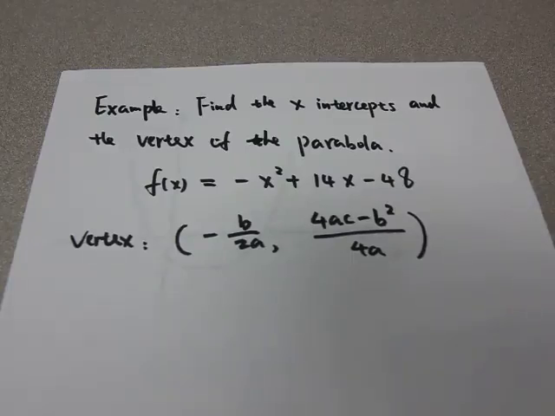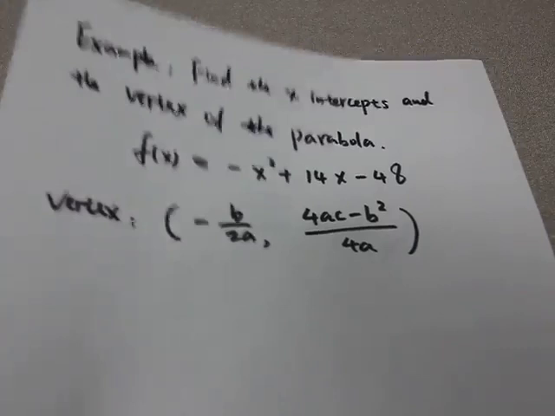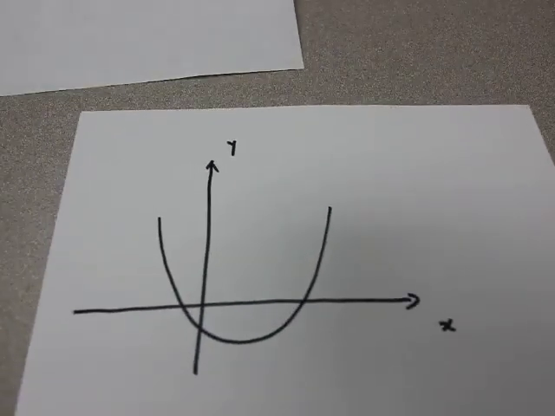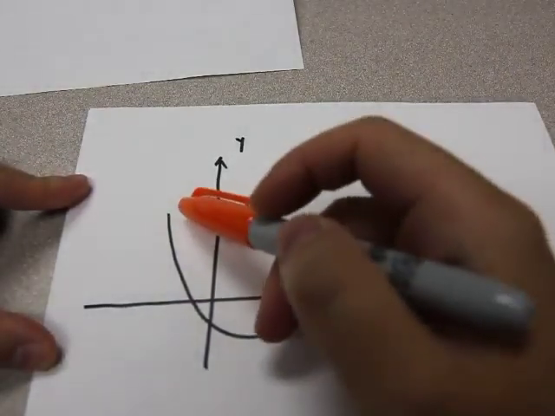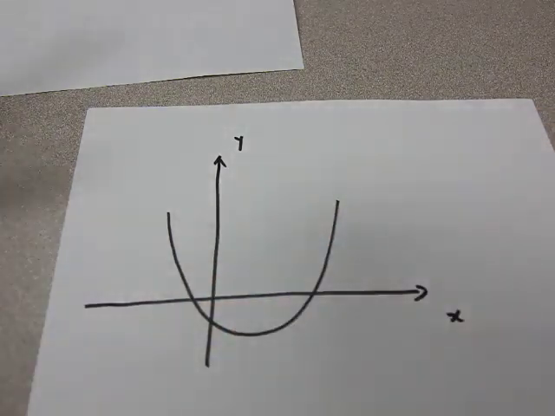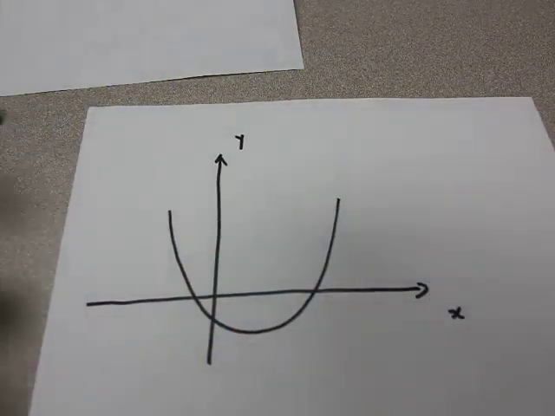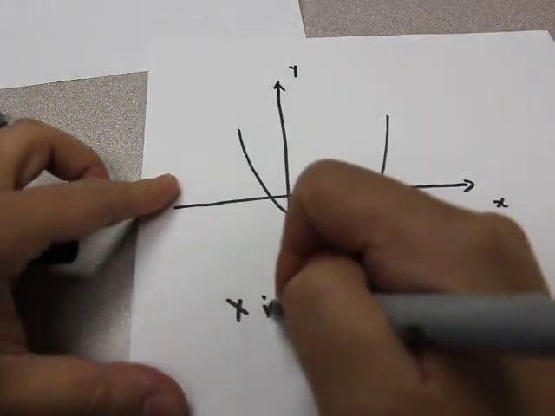Now, in this video, I will show you how to find the x-intercepts of a quadratic function. If we consider any quadratic function, we know that since the graph is a parabola, its graph is going to be like this. And according to the definition of the x-intercept,